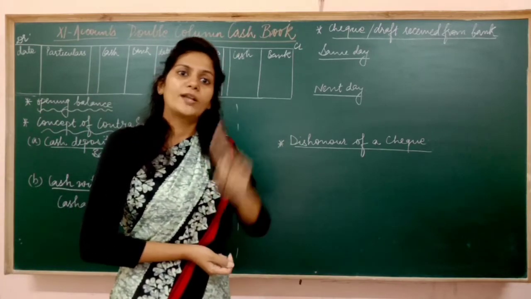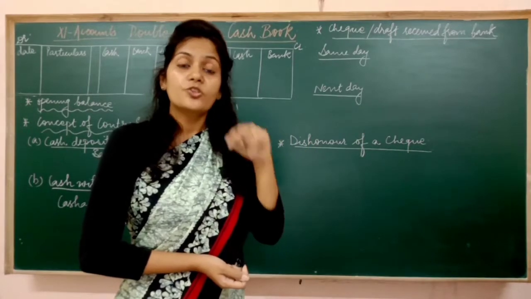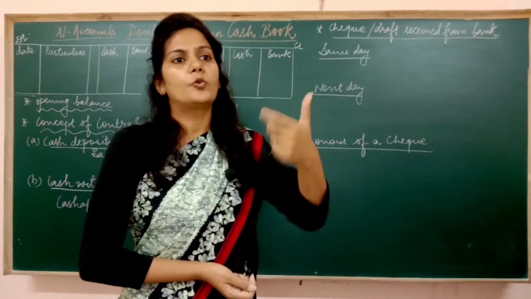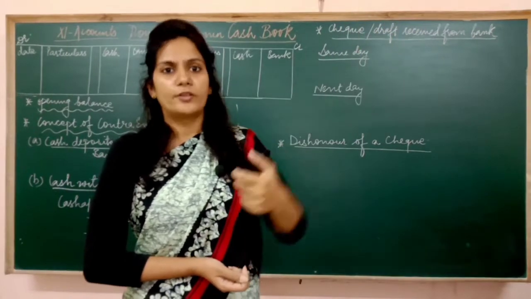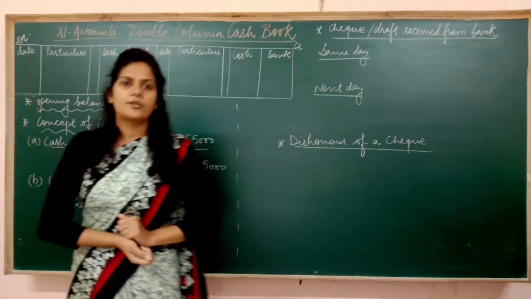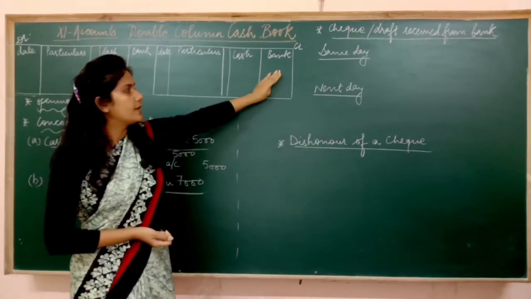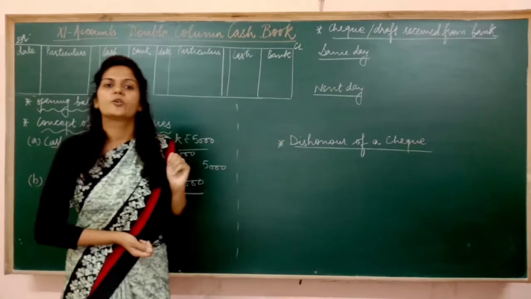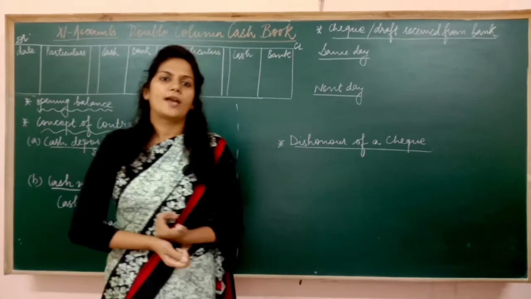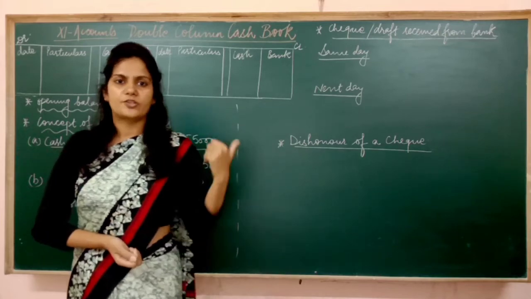Money has gone, but into the bank account. But you should have a record of this or not. The money has come into your bank account, no doubt your bank has recorded this transaction, but you should also have a note of that. So all the banking transactions will be recorded in the bank column. That's why we call this cash book a double column cash book, having two columns, that is cash and bank.